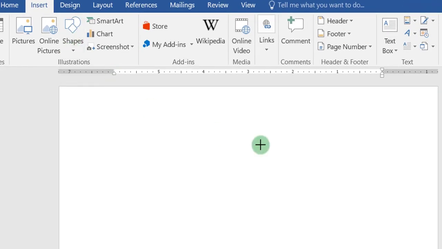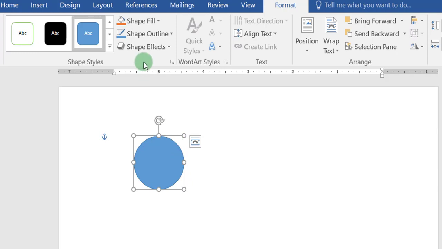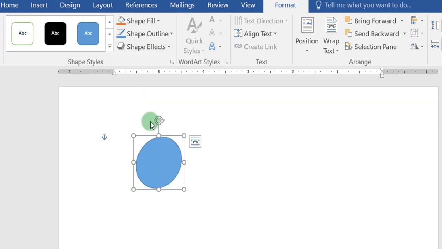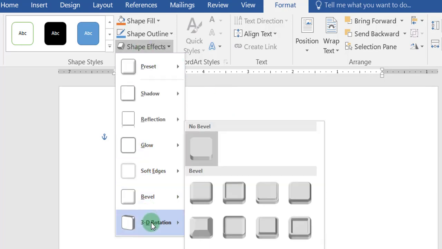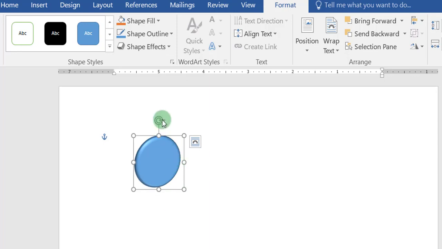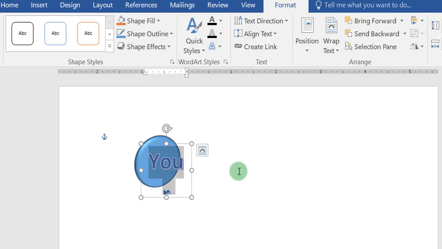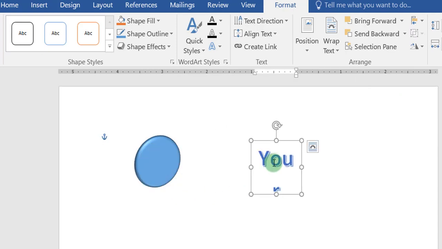For example, click Shapes and select a circle. Click Shape Effects and choose one of the effects. Click Text Effects and insert one of the effects.